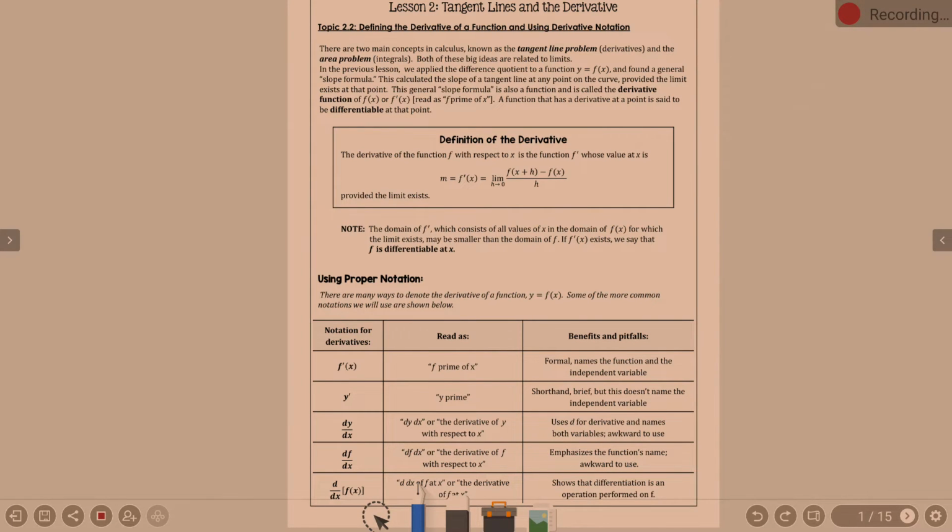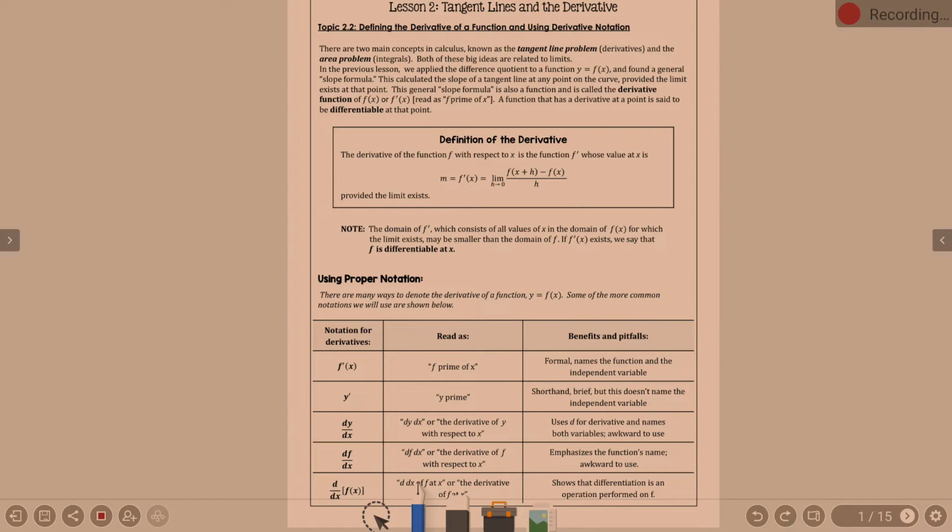Okay. Lesson 2 is tangent lines and the derivative. I've mentioned the derivative a lot. We're officially talking about the derivative now. Some of the stuff we're going to do, you're going to be like, oh, we've already been doing that. Yes, we just weren't calling it the derivative yet. Or officially. Now,